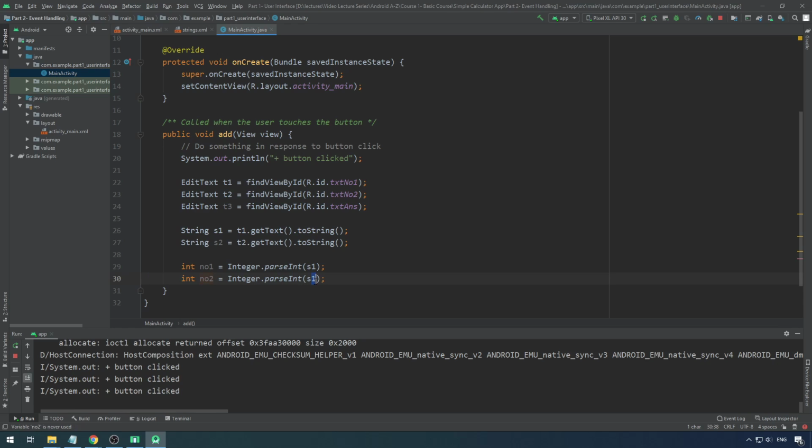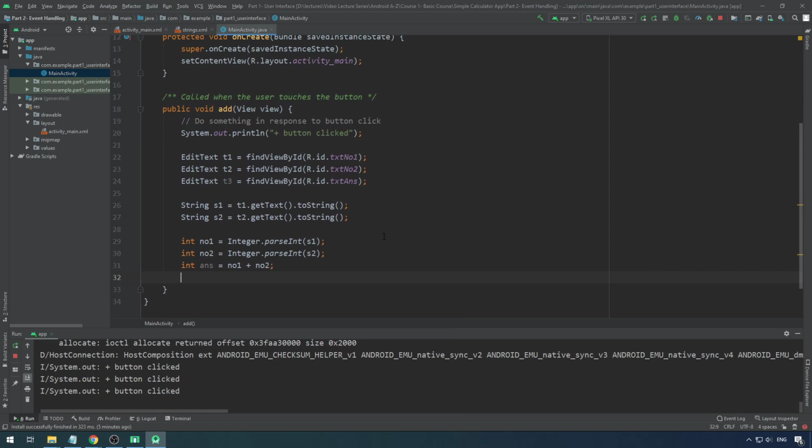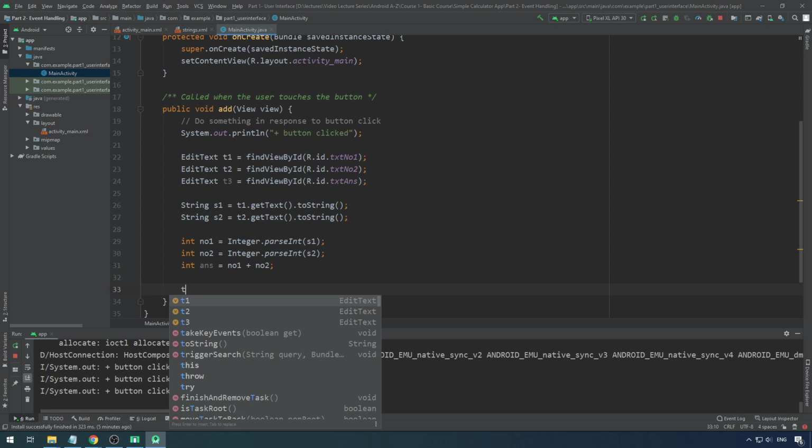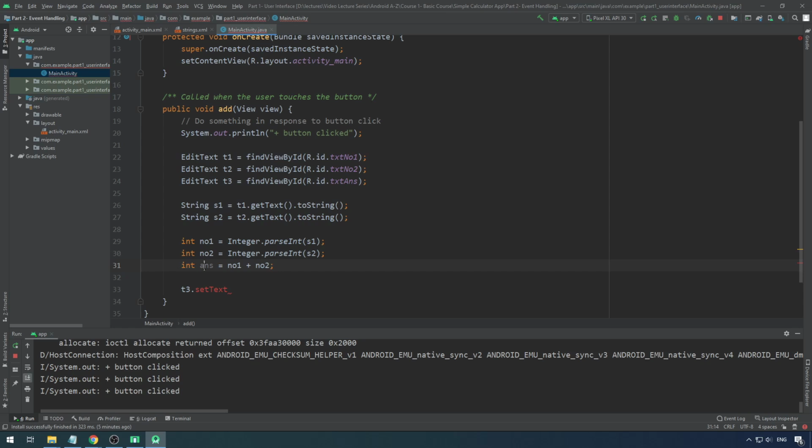And you put it into an integer called number2, and then you can get the answer integer as number1 plus number2. Now you got the answer. Now you need to display this answer in the third text box, meaning on T3. So if you try to say T3.setText, on the T3, the EditText object, there's a method called setText, right? But the setText requires a string. So what you have to do is convert this answer into a string, which means, let me create a string s3,